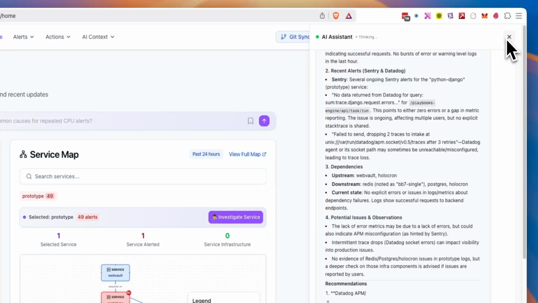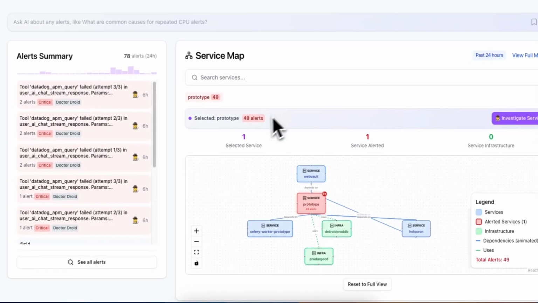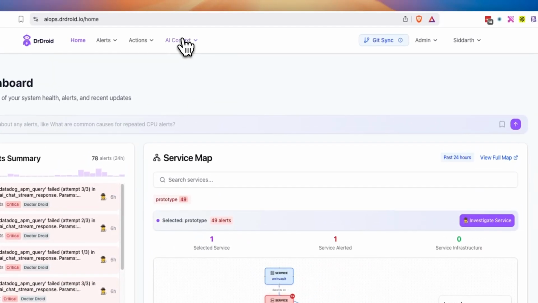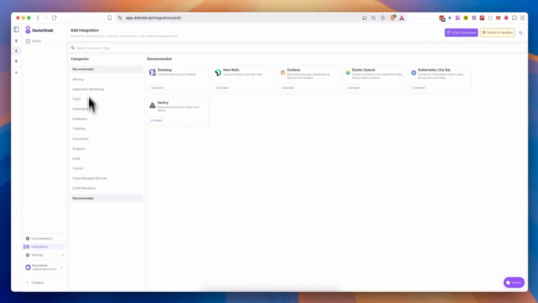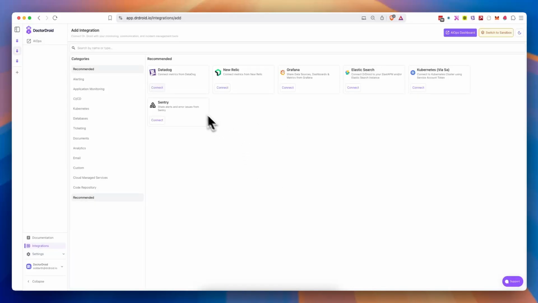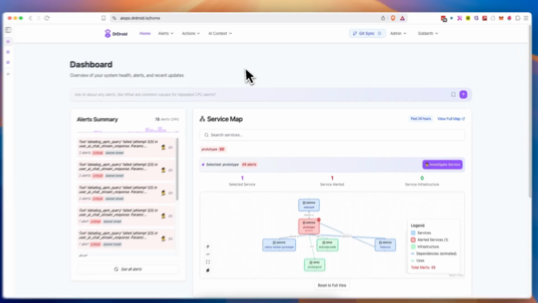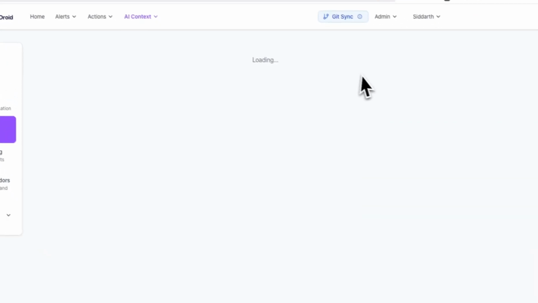Jumping to the next part, how do you set this up? To set this up, you can add any of your existing tools. We support a handful of different tools in different categories, but I'd recommend you start with one of these more popular tools. Once you do that, you can go to the service catalog section, add a service of your own